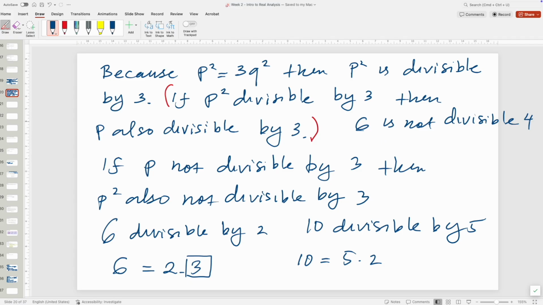What does it mean? It means I cannot find any number that multiplies with 4 to equal 6. I mean integer, not rational, not decimal, not fraction. I cannot find an integer such that 4 times that integer is 6. So I can only write 6 as 4 times 1 plus 2. So 2, this one is called remainder.